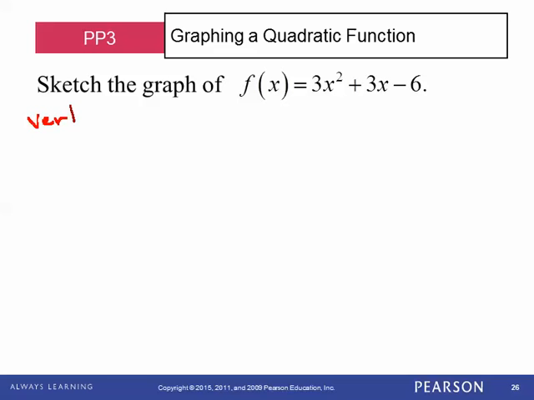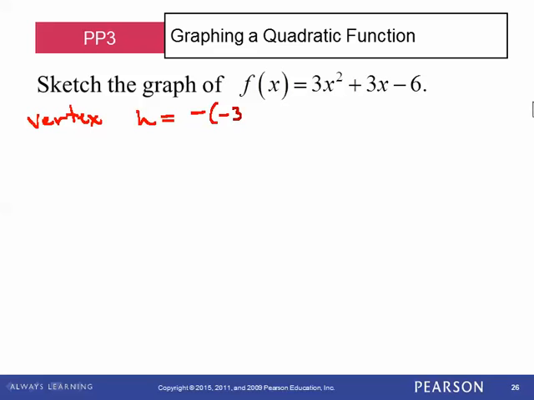All right, I'm going to start it here. So vertex. Let's even back up just a little bit. I didn't write it down here. Is the graph going up or going down? Yeah, it's going up because the a value is positive 3, so we have a graph that goes up. So let's go with the vertex. Vertex is